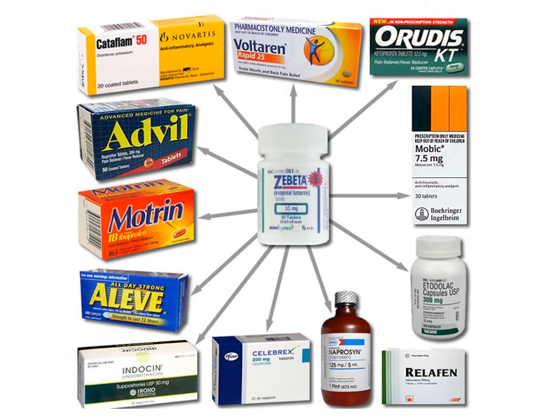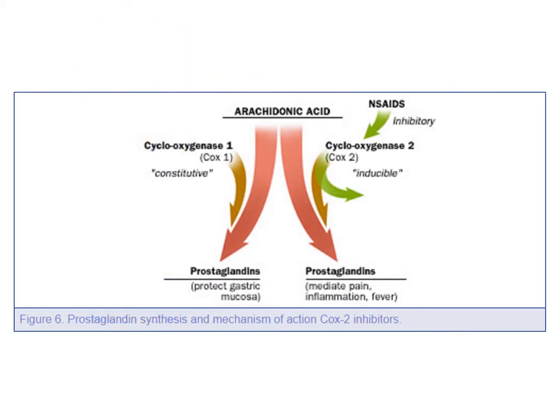Above and beyond aspirin, we have lots and lots of other drugs that are, to varying degrees, specific for cyclooxygenase 2. And these are all very, very common. Many are over the counter. Some are prescribed for various reasons. Strength is among them, or if they're combined with an opioid or something. And again, what we're trying to do is get after this side of the equation. Things over on this side include